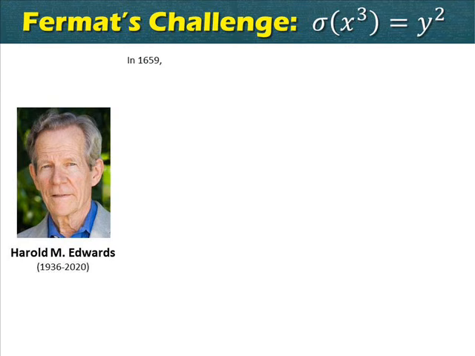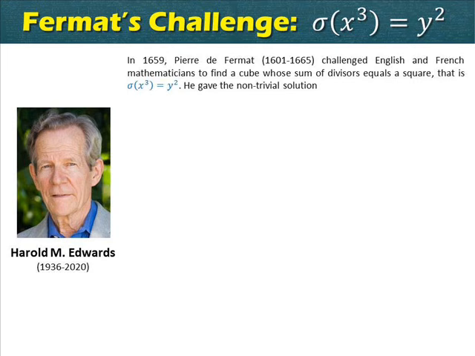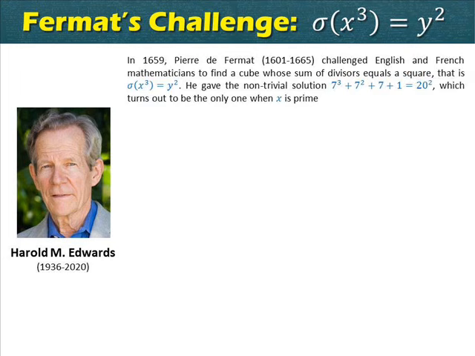In 1659, Pierre de Fermat challenged English and French mathematicians to find a cube whose sum of divisors equals a square. He gave the non-trivial solution 7 cubed plus 7 squared plus 7 plus 1 equals 20 squared, which turns out to be the only one when x is prime, a fact that can be proved by his method of